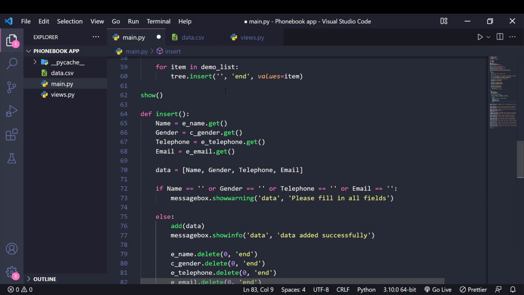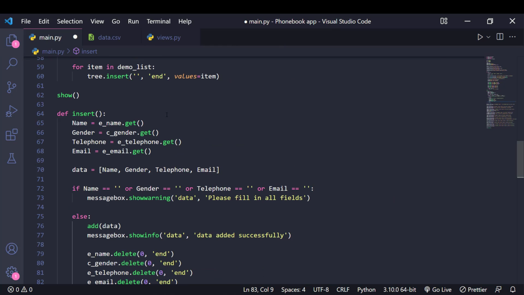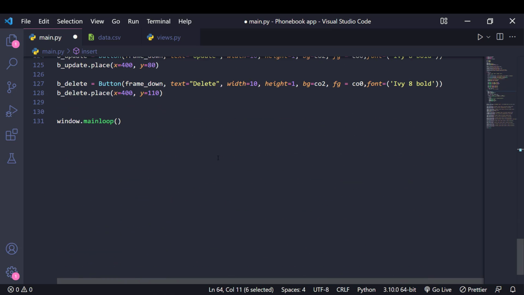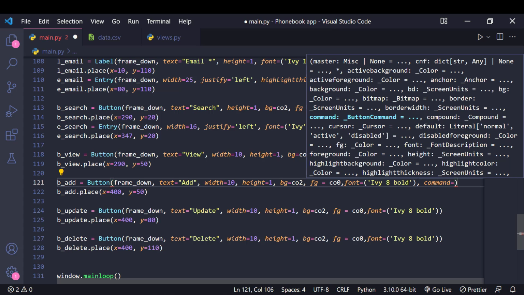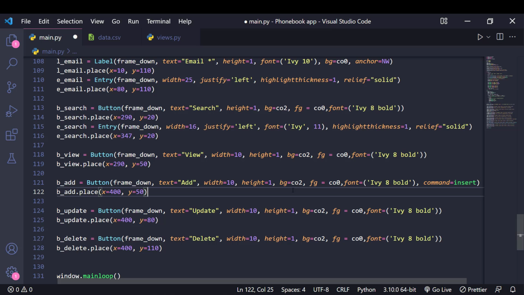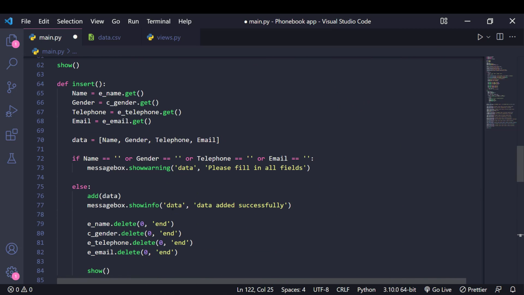And yeah, in order to make this function work for us, we have to call this function. So just Control C and just give, where's this view button? No, add button, right? So just give command equal to add, command equal to insert. Yeah. Now let's see whether it exactly works or not. If you rerun this one,